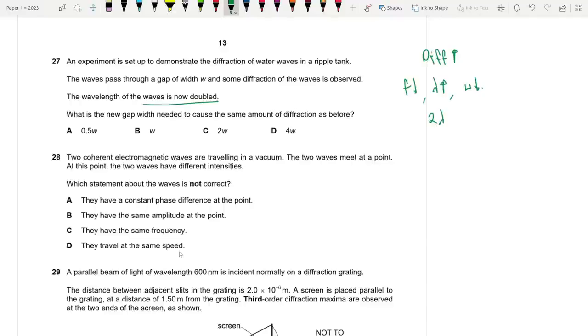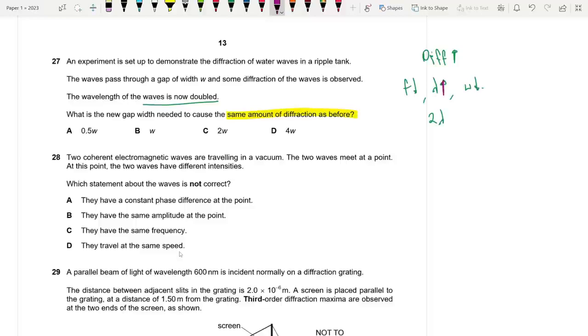Now here's the thing: if you halve the width, what would happen? Diffraction would increase again, but I want to decrease the diffraction, right? Because I want the same amount. This is the key part. I want the same amount of diffraction. Okay, so if I increase one,